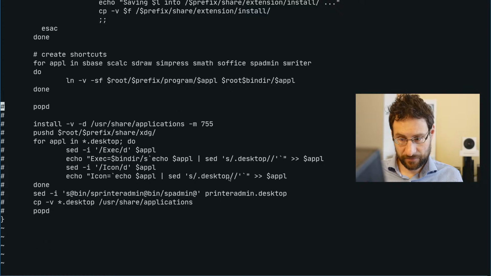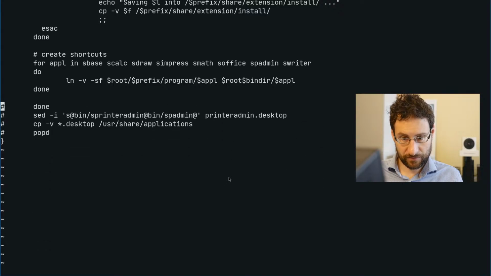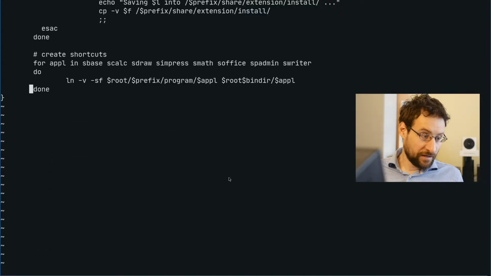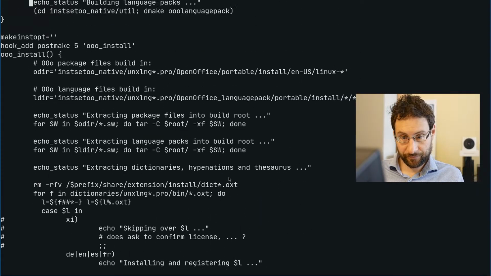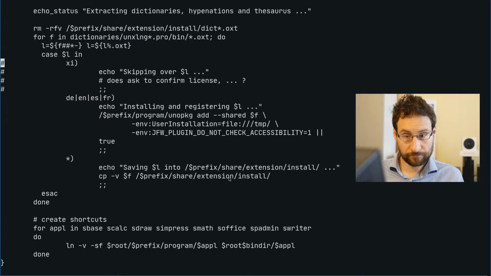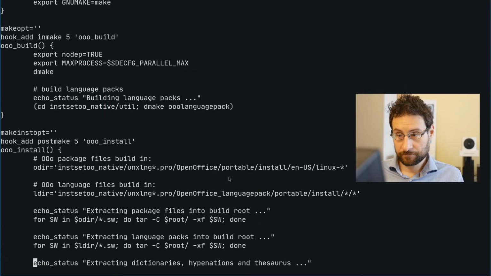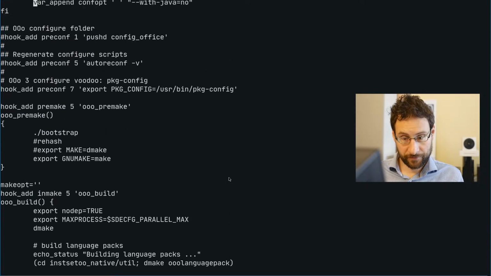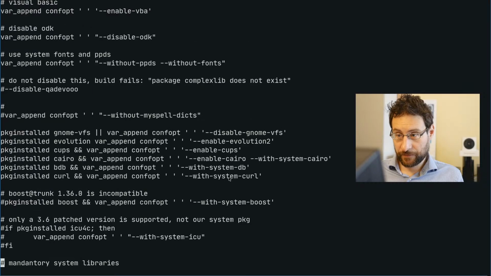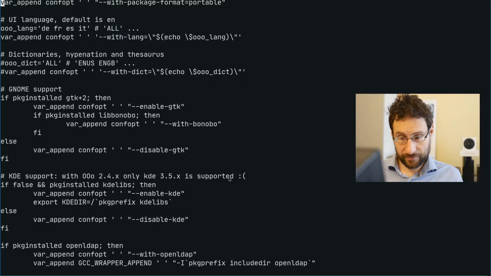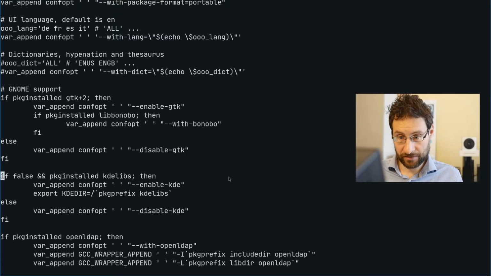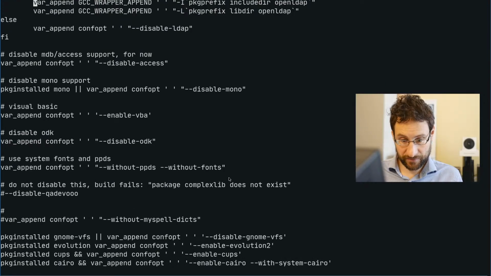Maybe we just delete stuff that is already four decades commented out. Yeah, crazy complexity. It is probably lots of stuff we don't need here anymore or need differently. dmake build language packs. So here's some dmake stuff. Yeah, apparently that also needs more adoption. This is probably also decade outdated. Probably not worse to have decade outdated comments there.